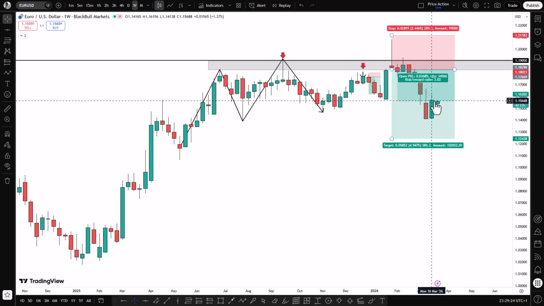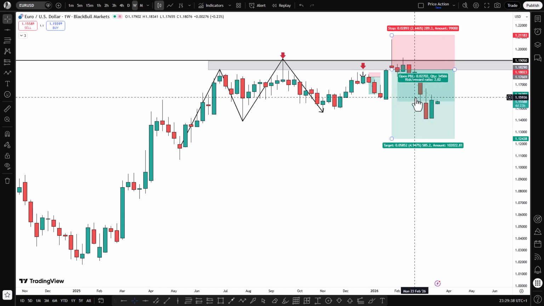Yes, you want to locate points of interest on the higher time frames so that you can come down to the lower time frames, and then when you see something on the lower time frame that agrees with what you saw on the higher time frame, you will now take trades in that favor on the lower time frame and take advantage of